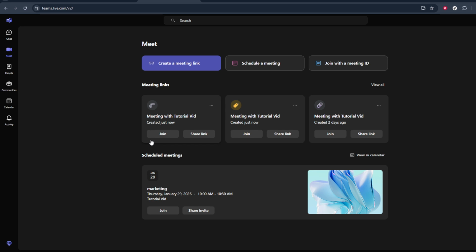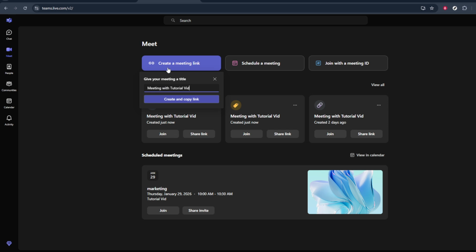need to meet with. First, open Microsoft Teams in your browser or desktop app and make sure you're signed in with your account. Once you're on the main screen, look toward the top of the window for the Meet option. This is usually displayed as a button or icon labeled Meet. Go ahead and click on that. Think of the Meet button as your shortcut for starting or setting up online meetings in just a couple of